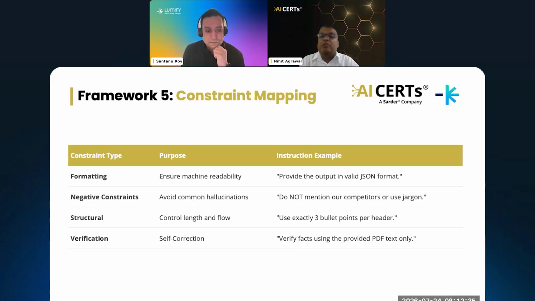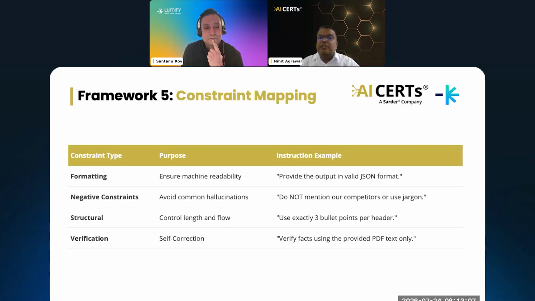Okay, so constraints do exactly the same with the AI: they can reduce ambiguity, prevent unwanted behavior, and guide the model towards producing consistent and reliable output. Without constraints, AI will have too much freedom and may generate responses that are inaccurate, sometimes inconsistent, even difficult to use. Okay, so there are four types of rules which we can incorporate while we are writing